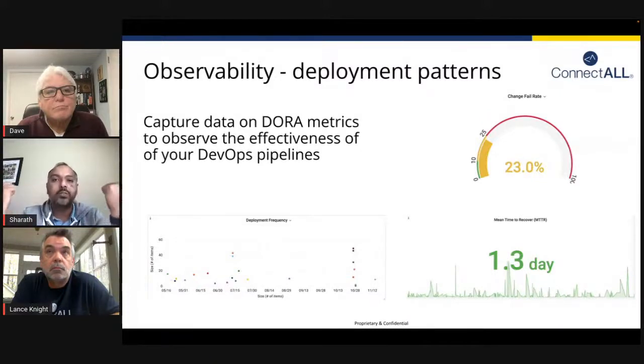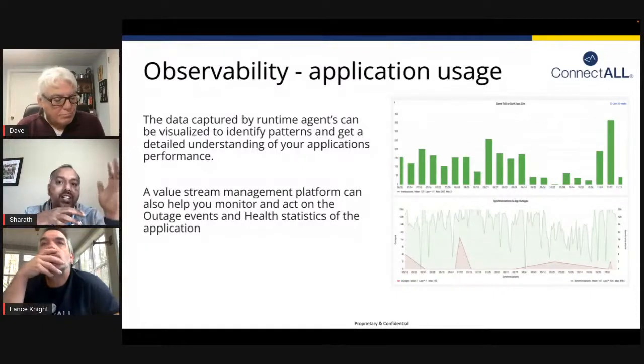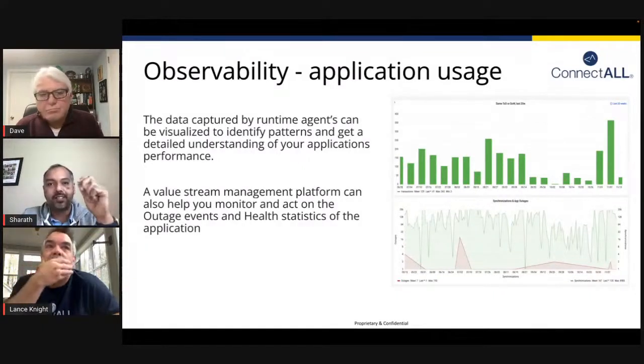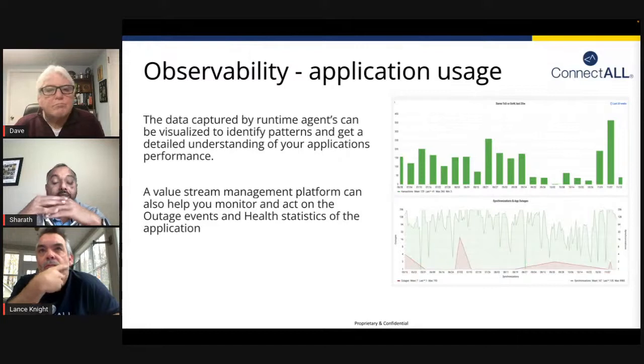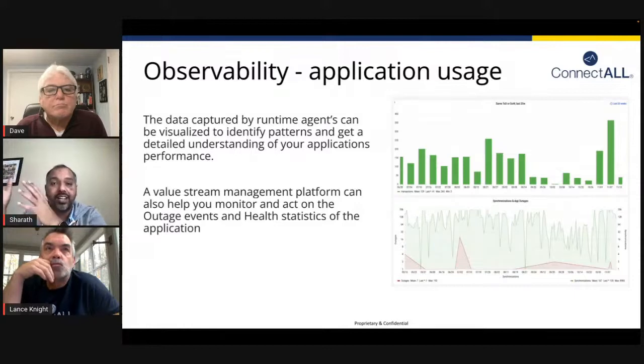And the whole concept of value stream management is not just to measure it, but improve on it, to act on it. And the more data that you can observe and create patterns will help you, the users, to do it. Not just understanding the till the deployment metrics, right? So you also want to go from ideation to the usage analytics, right? And we also believe that value stream management platforms should be able to capture the data from the usage analytics.